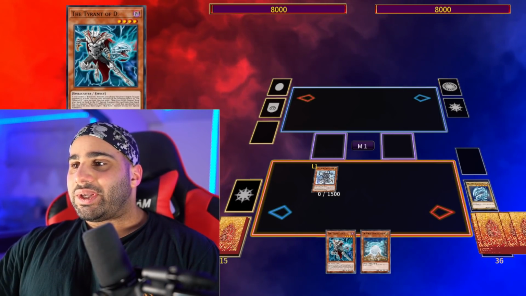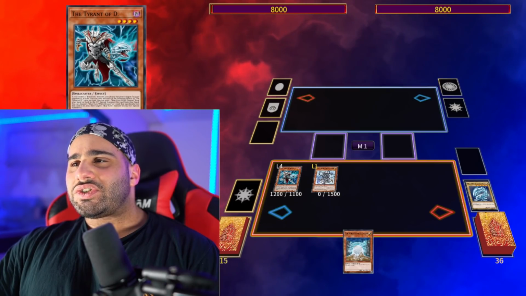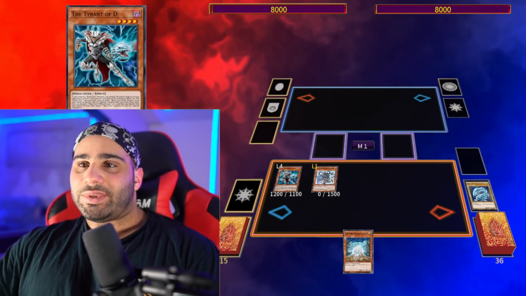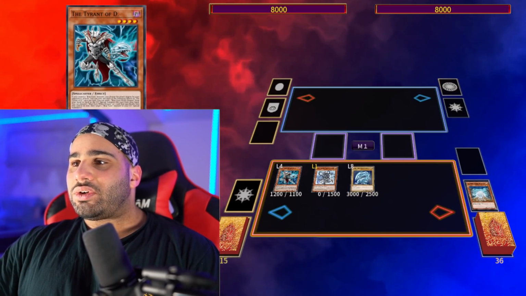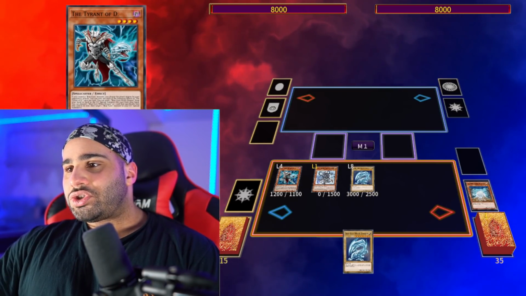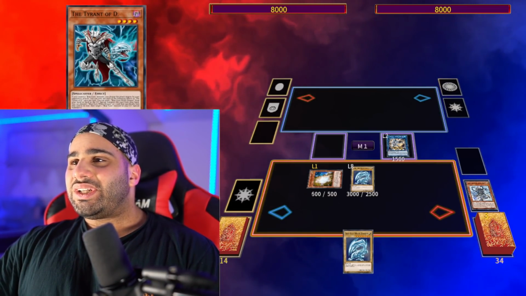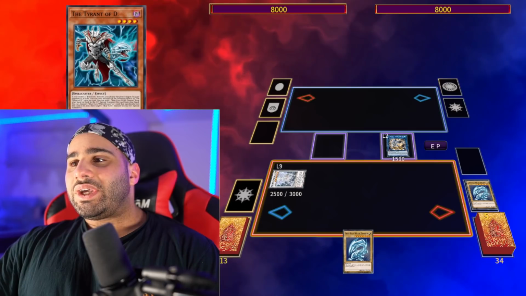Tyrant of D. So yeah, you're going to be using the first effect of Tyrant of D, which is very similar to Magician Souls. Send a Blue Eyes White Dragon from your deck to the graveyard and summon the Tyrant of D. And now we're going to be using the second effect, so discard White Stone of Legend, revive back Blue Eyes, search Blue Eyes, and now you're going to be making Crystron Needle Fiber, summon the White Stone of Ancients, and then you're going to be making Blue Eyes Spirit Dragon, and on end phase, you are going to